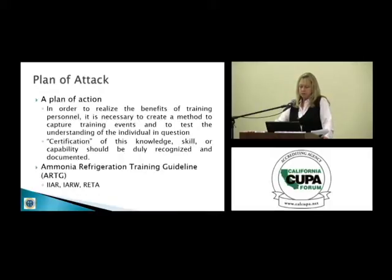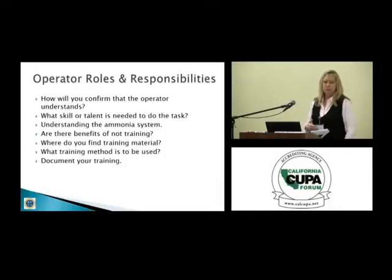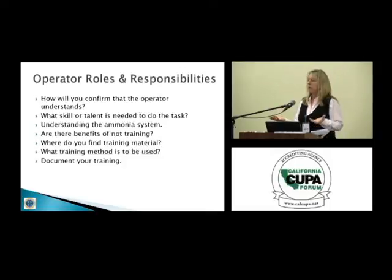The Ammonia Refrigeration Training Guideline is a document that was put together by the International Institute of Ammonia Refrigeration, the Institute of Ammonia Refrigerated Warehouses, and RETA, the Refrigerating Engineers and Technicians Association. They got together and developed a guideline to help let people have a way of knowing what do we need to do, what should we be training on, and give end users